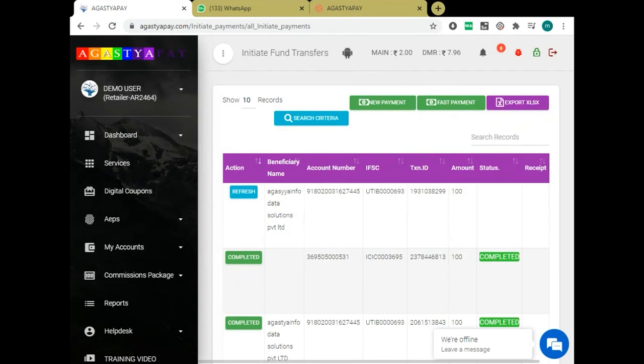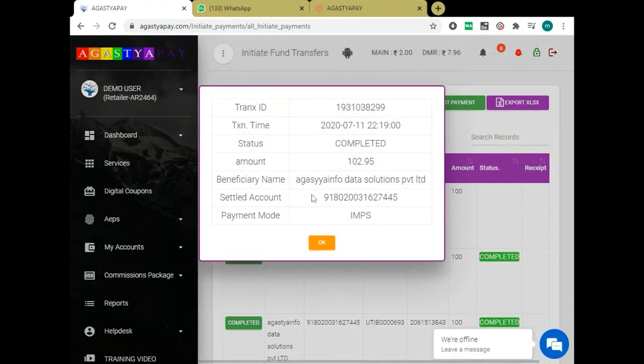If the money transfer is completed, then it will be added to the beneficiary account details that you have given. See here, I will click on refresh. It will show the status and the amount with the date, transaction time and transaction ID.